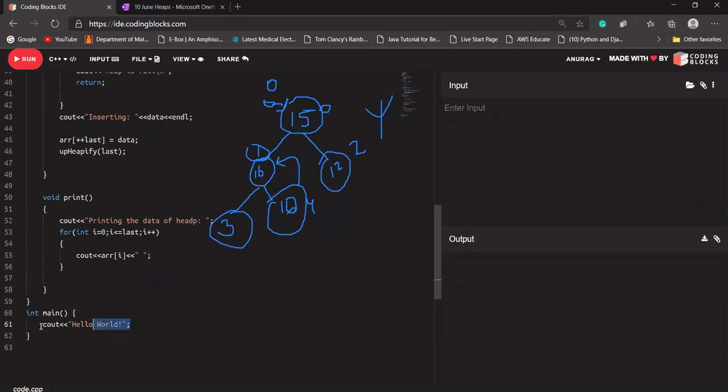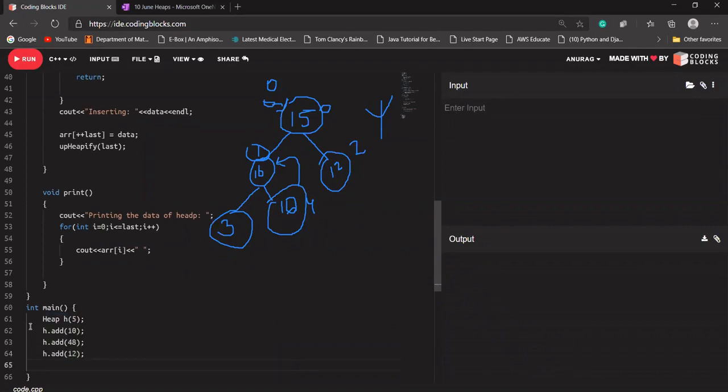Let's first create our object of the heap class. Let's say I'm creating h and passing the size of this heap as 5. So I'm going to call my add function. Let's say I'm adding 10 first. h dot add 48 again. h dot add 12. h dot add 16.